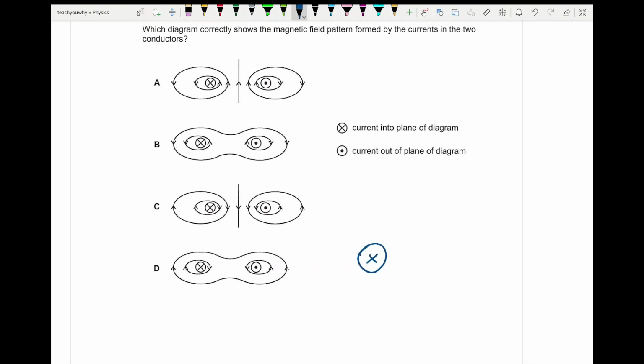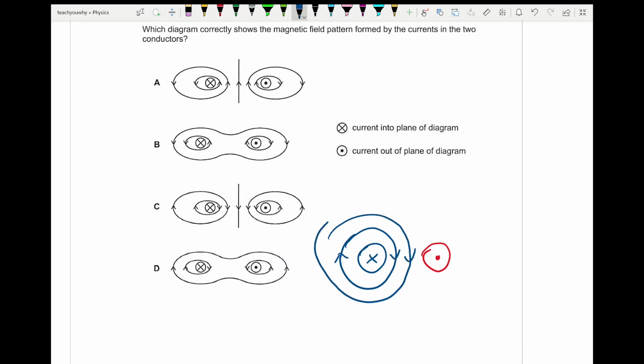So we have inside and then we have outside. If you use your right hand grip rule, this will be this. The magnetic field is as shown in the blue, and then we have